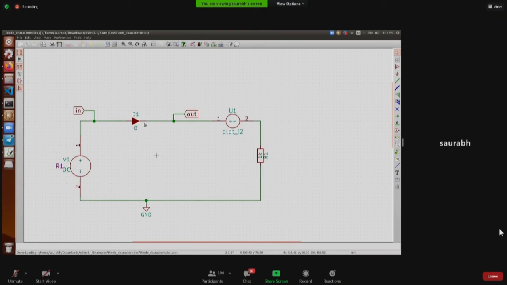So after simulation, the next step is to build your circuit. You have designed your circuit, you have simulated it. So the next step would be to have an actual working circuit in your hand. How do we do that? We do that by creating a printed circuit board. So eSim, by means of KiCad, offers you the capability of designing the PCB layout.